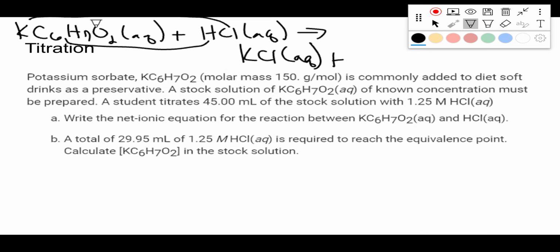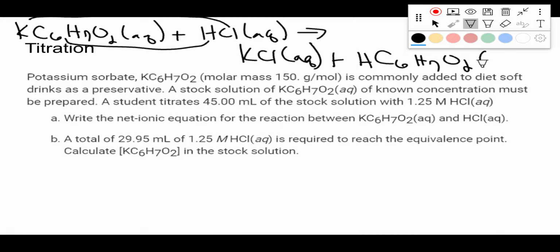Plus, H is going to bond with C6H7O2. This also has a charge of -1, because if K has no subscripts and there's no parentheses around this polyatomic ion, we don't have to know what the sorbate ion's charge is. We can always figure it out by working backwards. I do know potassium is always a +1. If there's no subscript for K, then that means this is also a -1. And we should know H is always a +1. So they're going to bond +1, -1. So then it becomes